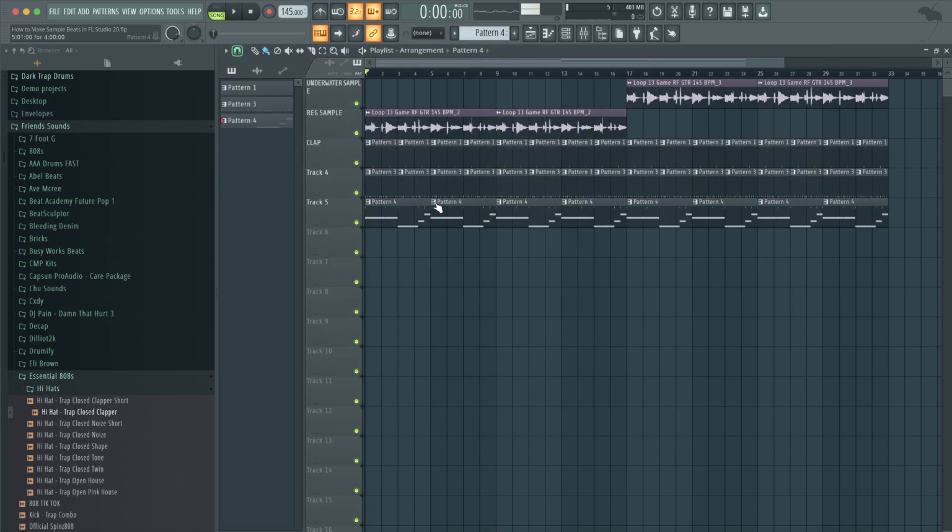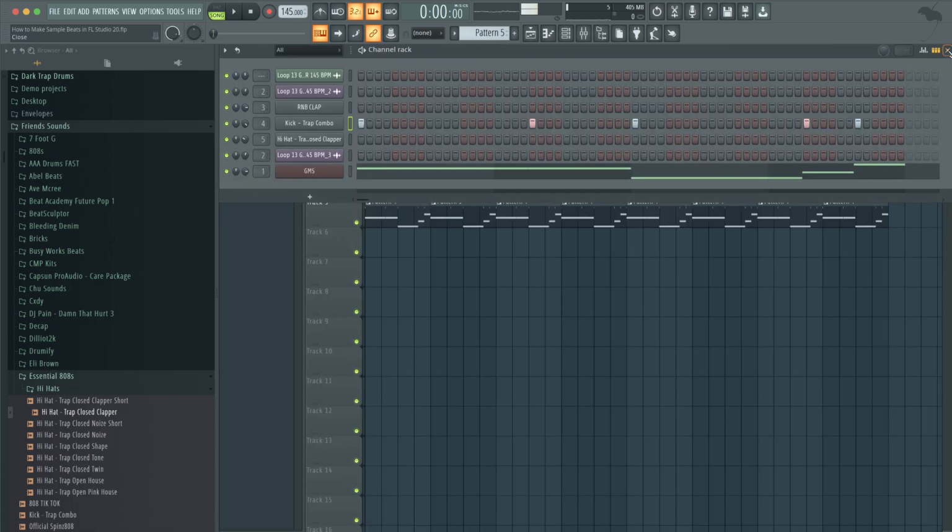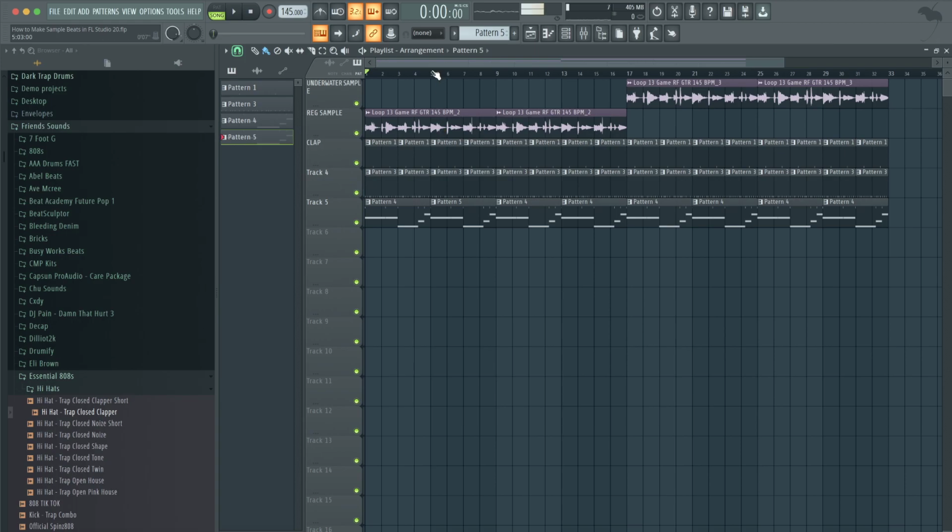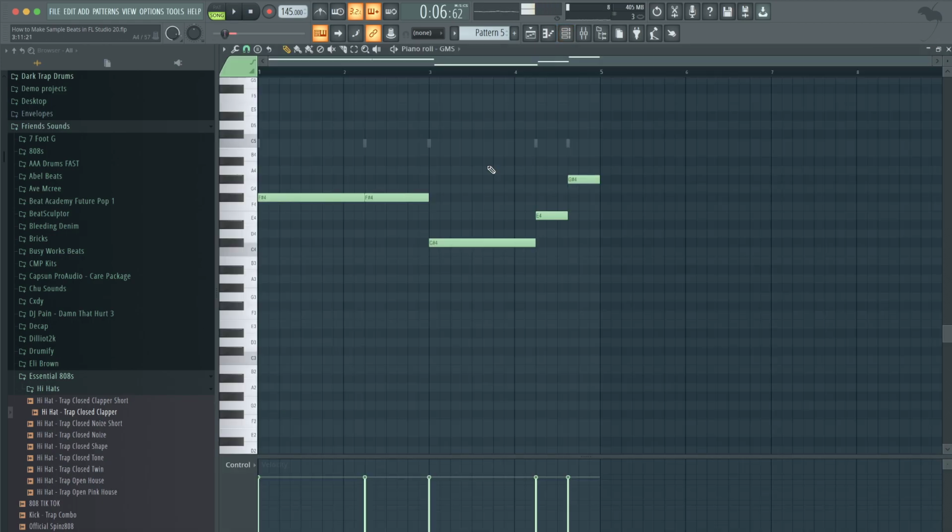So usually you want to change stuff up, so you don't make it sound repetitive. So we're going to click here, make unique, so that it goes pattern 4, then 5. So we're going to do something different about the bass in pattern 5. Okay, so I'm going to hit Control, left click, and highlight the top. Now we're going to go in and just double click, change up the ending. Then I'm going to go dun dun.